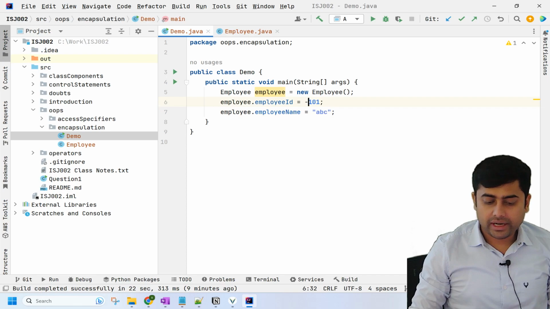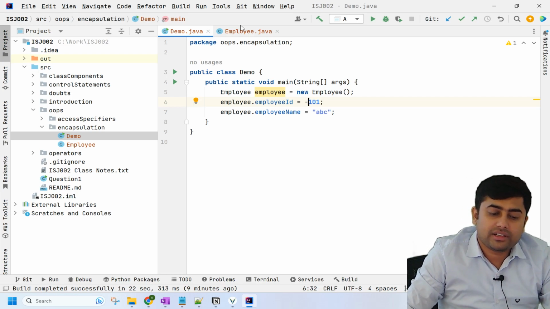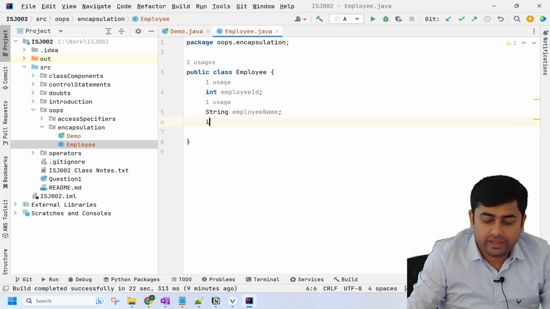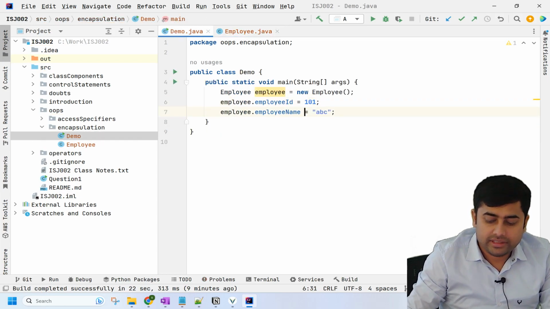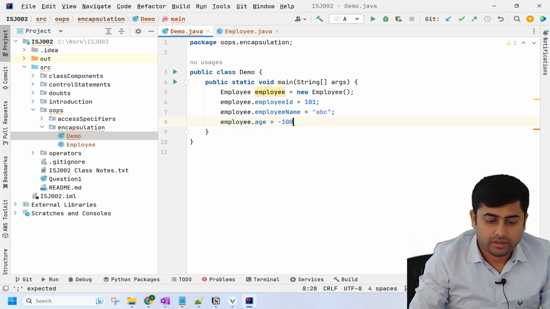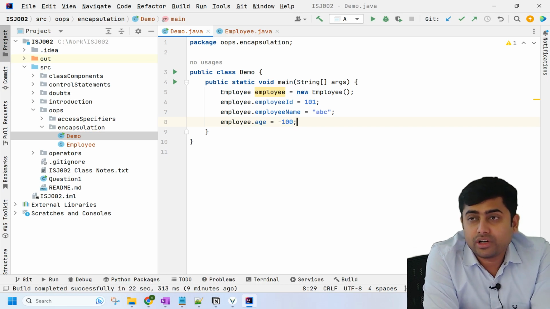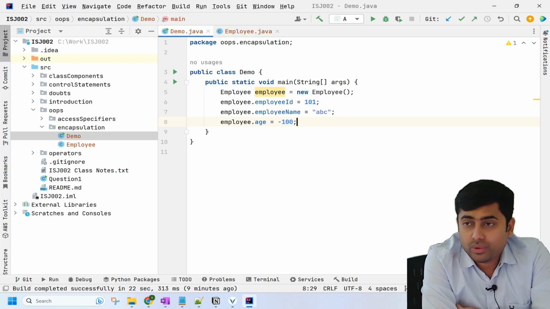Now can I write -1, -101? We can do that, but usually let's say Employee has age also. I have to maintain his age also, int age. Now by any chance can age be negative? Employee age. Now what happens when data is not private, you can directly access it. डेटा आपका प्राइवेट नहीं है तो आप डायरेक्टली एक्सेस कर सकते हो, and there is no